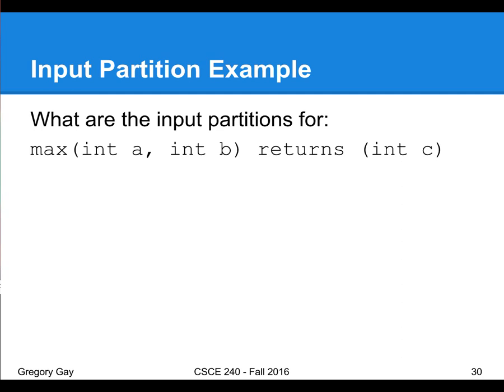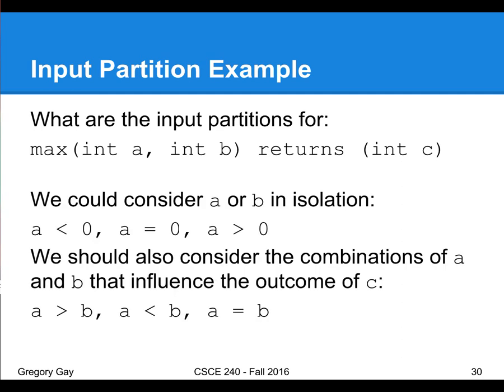Yeah, for just individual ones, you probably want to consider negative values and positive values. 0 you want to consider because you could have weird handling there. If you're relating the 2 together, the obvious cases are, well, A is greater than B, B is greater than A, right? Make sure that works. A is equal to B, make sure that works as expected, right? And then kind of combine these, right? A is greater than B and B is a negative number, right?